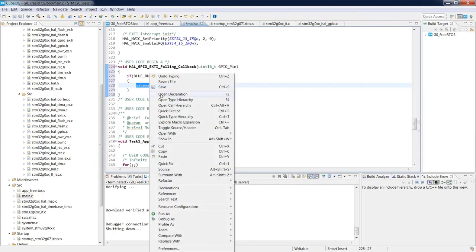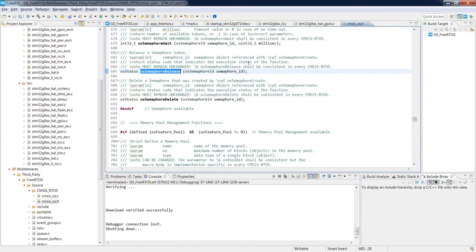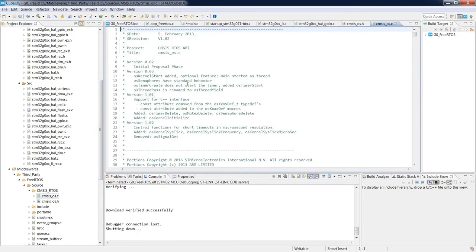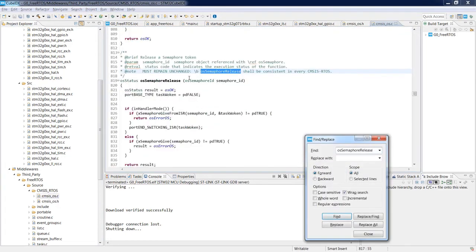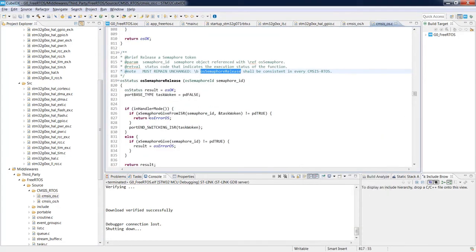If we have a look into this function in CMSIS OS.c, not .h, we see that it is checking at the beginning if we are in handler mode, so in the interrupt routine, or in normal code.